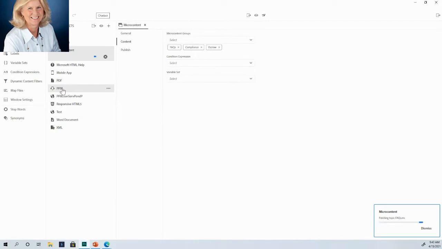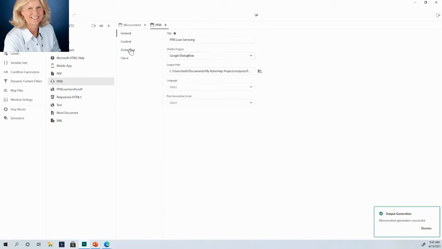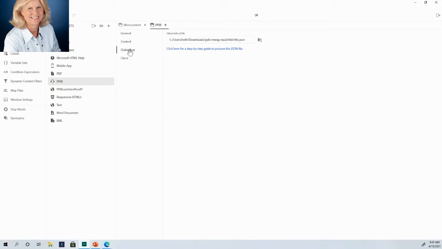If I want to interface this with a Google Dialog, a little chat bot, once I've generated my microcontent, I can set up a chatbot engine using Google Dialogflow. So you need to set up an agent on Google Dialog, and if you click here, there is a process for doing that. It's a little bit time consuming, but in the end, you can add a nice little virtual assistant to your